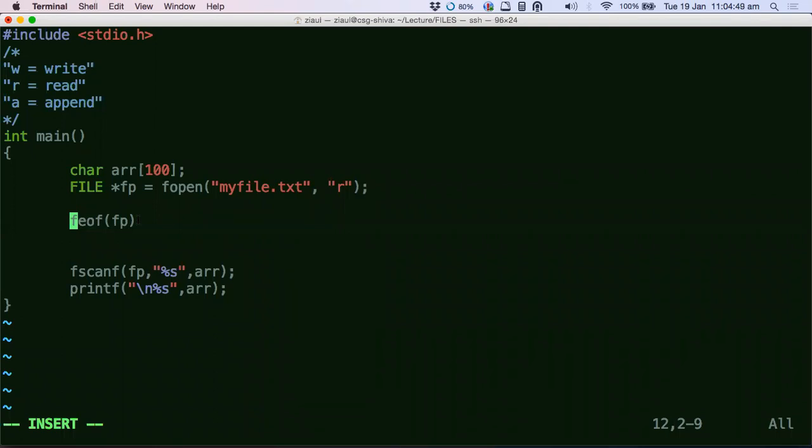How do you read contents from a file? Whatever file pointer you have, fp. Whatever data you have in your file, first that data gets mapped to that buffer in your memory, the mailbox in your memory with respect to that file. But maybe not the entire file, because you might have files worth of GBs, so you cannot map the entire file.